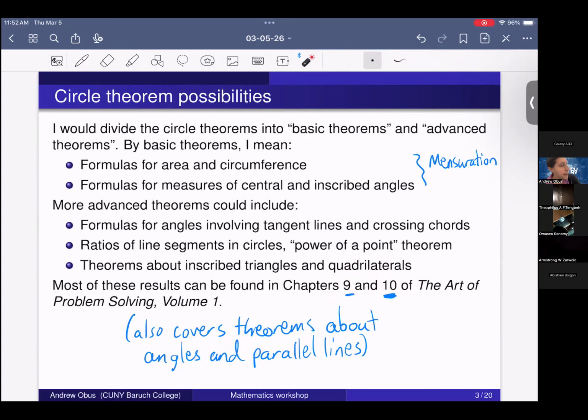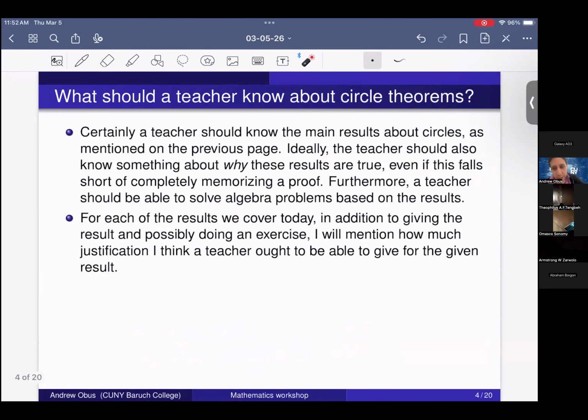Okay. So I asked whether people wanted to focus more on the basic or more on the advanced theorems, and I didn't get a lot of answers, but I did get one answer saying that they wanted to start with the basic theorems. So when one person votes, that person wins the vote. So I will spend a little bit of time on the basics before going to the advanced theorems. But given that,